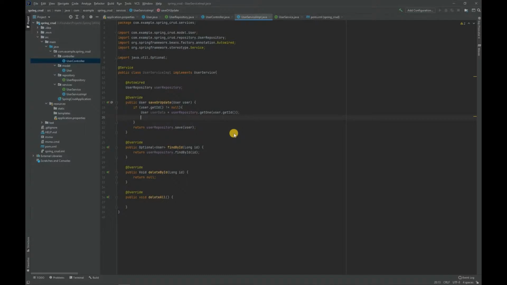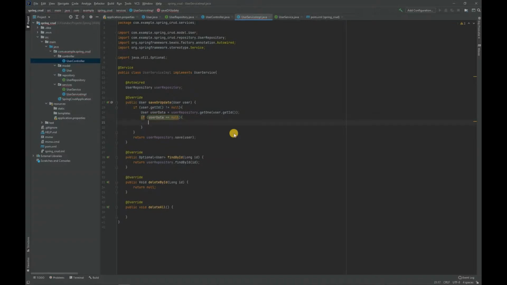It's on auto increment, so it would be null initially. Okay, now we'll set up if user data equal null, let's put around some braces, return null. Yeah, I like it this way. Otherwise, if it's not null, then